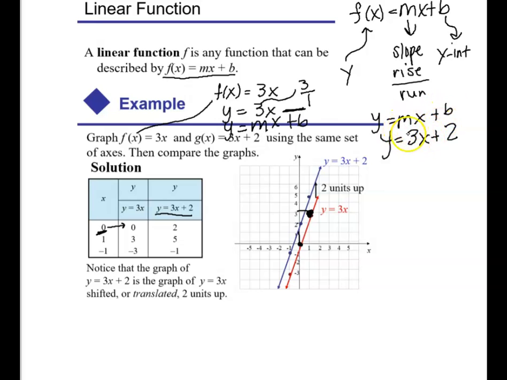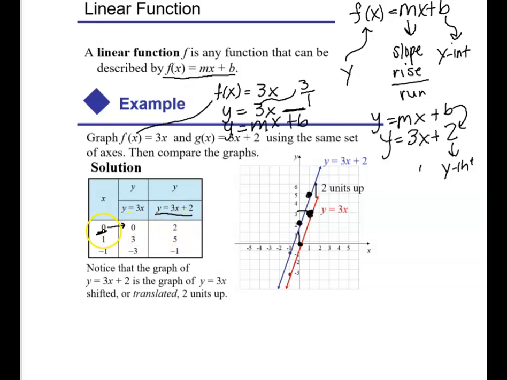Okay, so that means that the slope is still 3. But now look at this. Instead of having plus 0 here, we've got 2. This is our y-intercept. So on my graph at 2, that's where it's crossing the y-axis. If I go up 1, 2, 3, and over 1, we're at our next point using our slope, which is 3 over 1. I can also plug this into the graphing calculator, y equals 3x plus 2, and